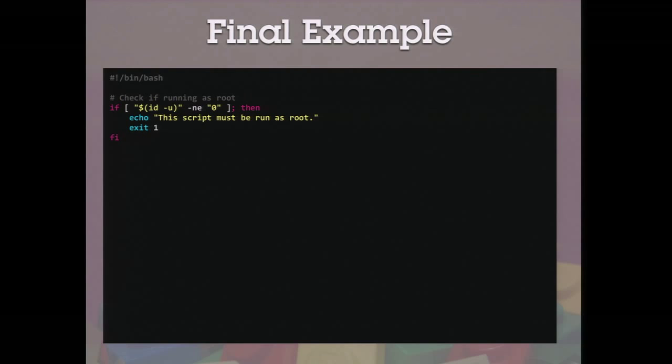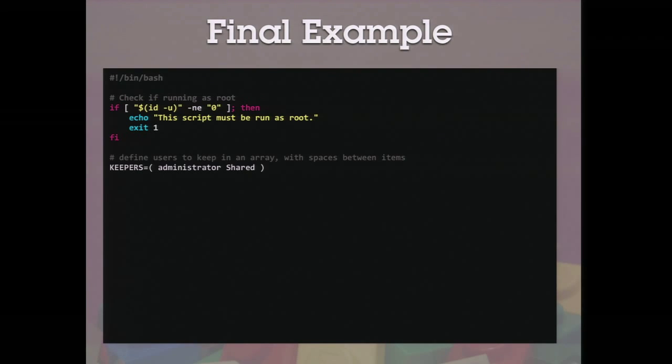You don't have to have a 1 there. The 1 just means exit with a 1 code, which is a general error. So I recommend also commenting on any block of code you're starting. It helps you to introduce what you're about to do. Helps you mentally, this is what I want to do here. And it helps anyone reading your code, if they can't figure out the code, at least they know what it's doing. I recommend doing that everywhere.